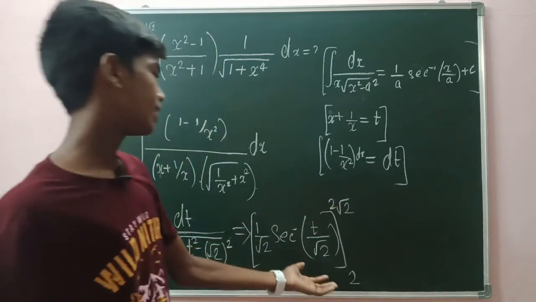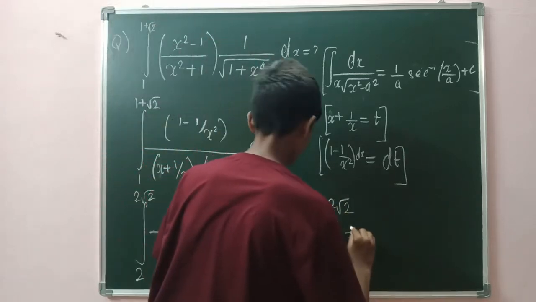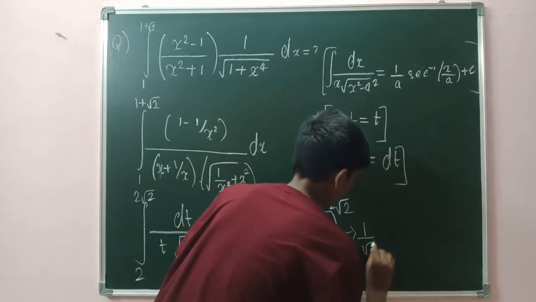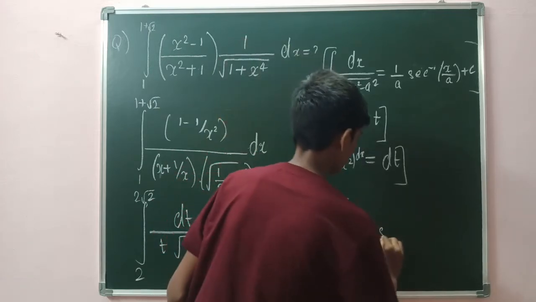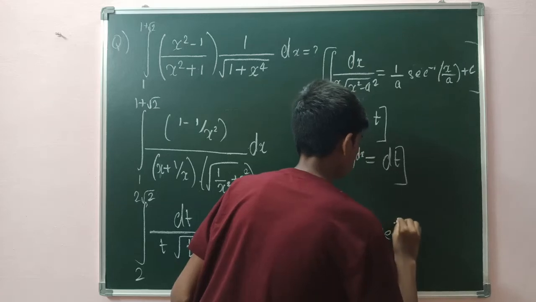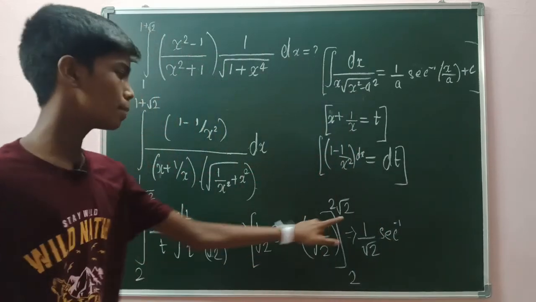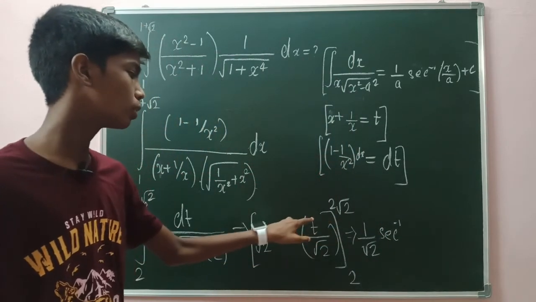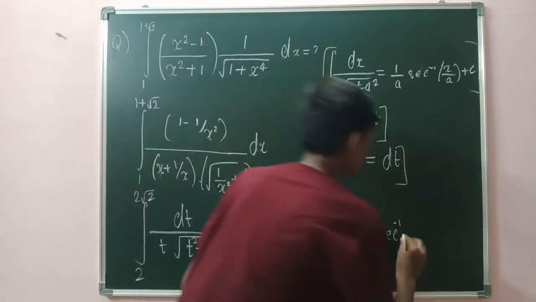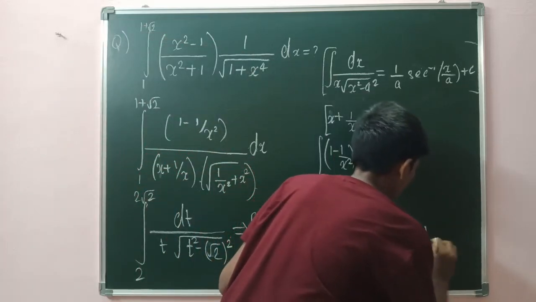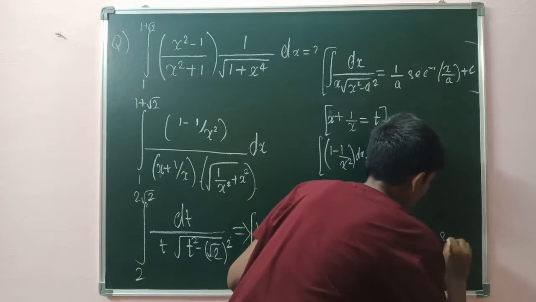First put t as 2 root 2. When I put it like that, you will get 1 by root 2 into secant inverse of t by root 2. When you put 2 root 2 in place of t first, you will get 2 root 2 by root 2, and 2 root 2 by root 2 is 2. Then minus of 1 by root 2 into secant inverse